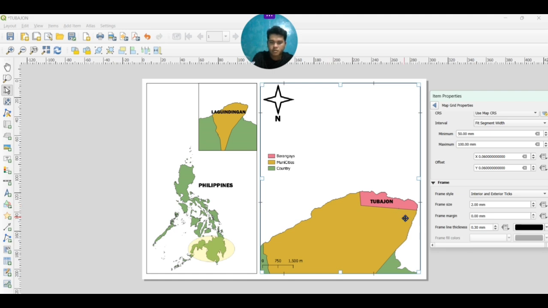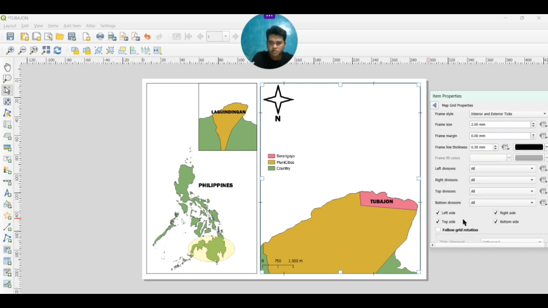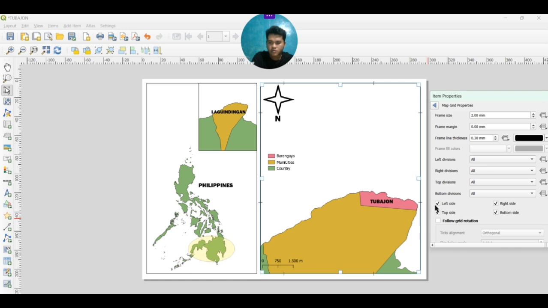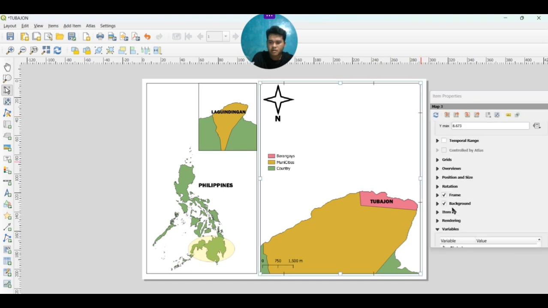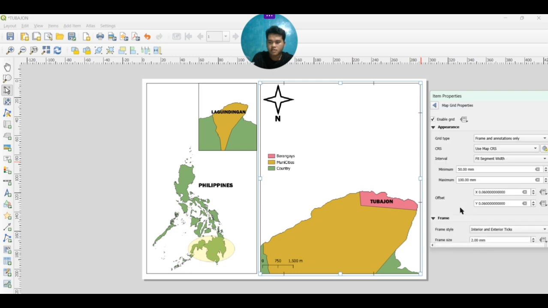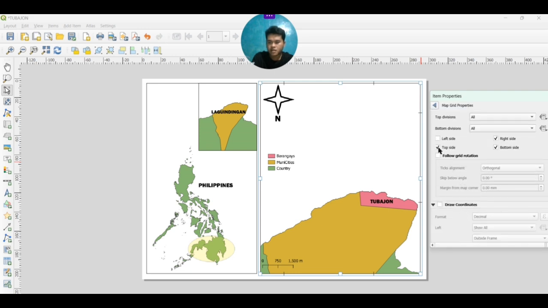We just want to adjust some features from that. So next we have to scroll down and then we remove these checks, the left side and the top side. We'll remove that and we will remain the right side and the bottom side. I'm sorry. It's back to grid lines, modify grid lines. I mistakenly clicked those things. So remove the check from left side to top side. Then you will remain the right side and the bottom side.